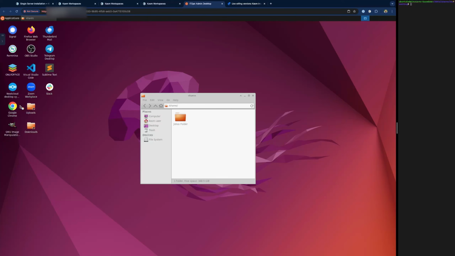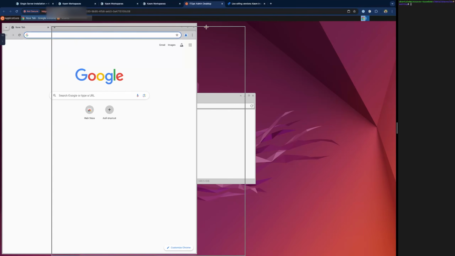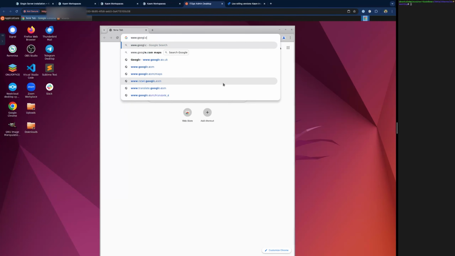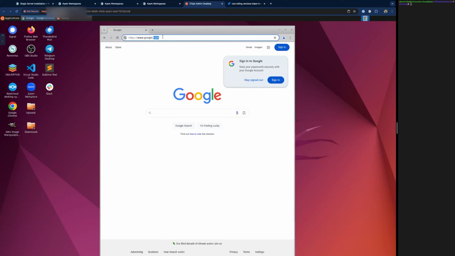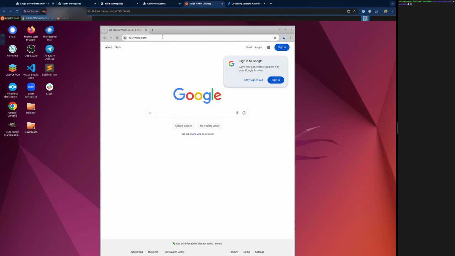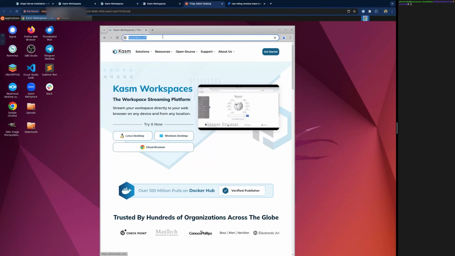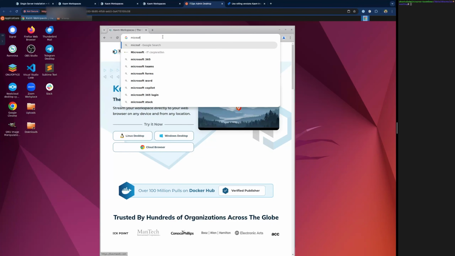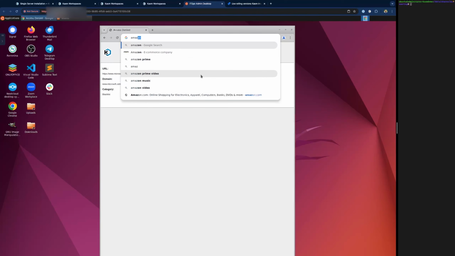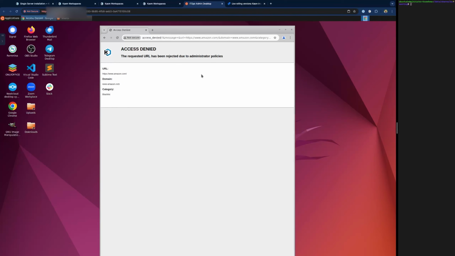Let's test web filtering. I'm going to go ahead and launch Chrome inside of my Ubuntu Jammy. I should be able to get to google.com, so that works. I should be able to go to chasmweb.com. But I shouldn't be able to go to, I think it was, Microsoft. Yep, so our block policies there are working. The other ones were Amazon.com and